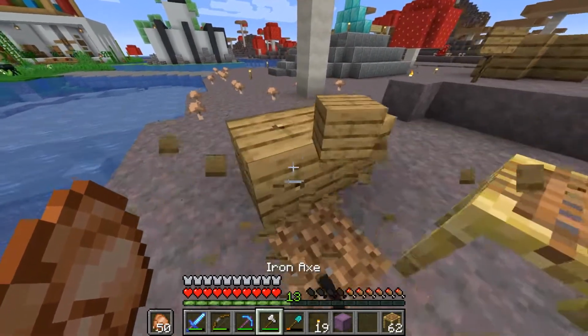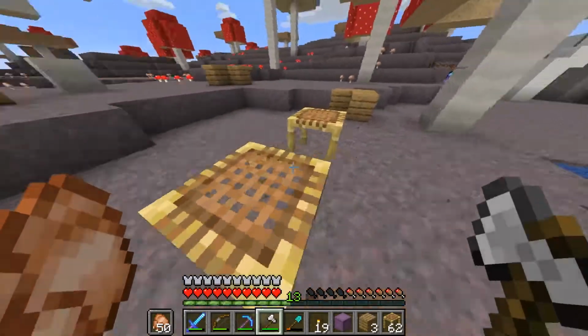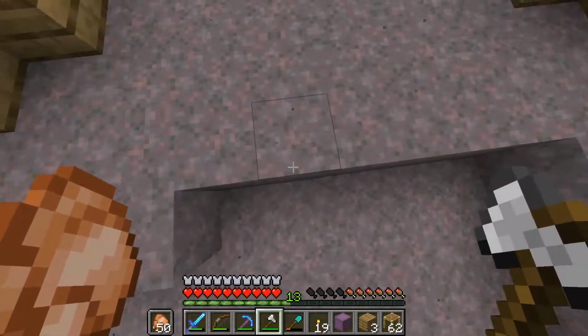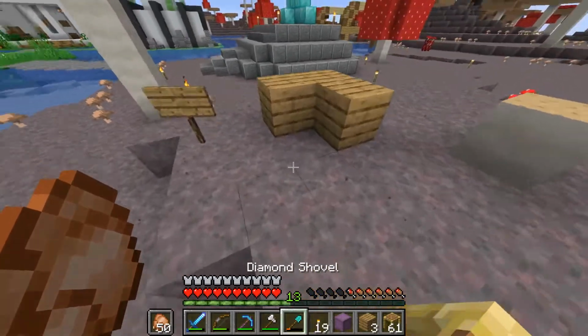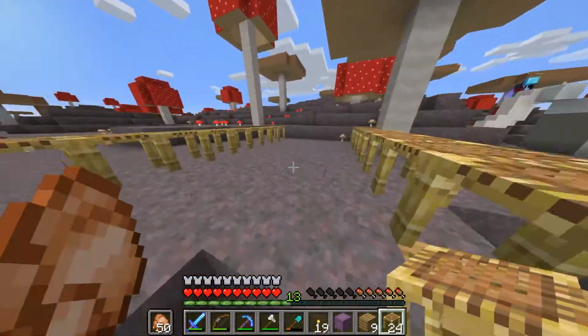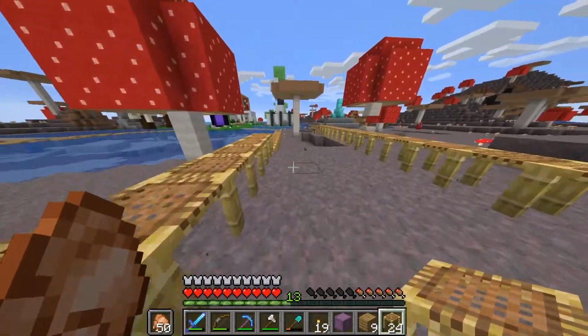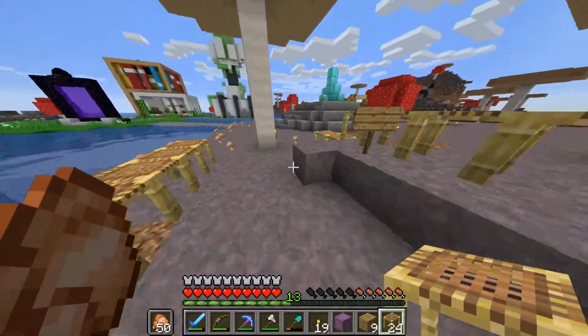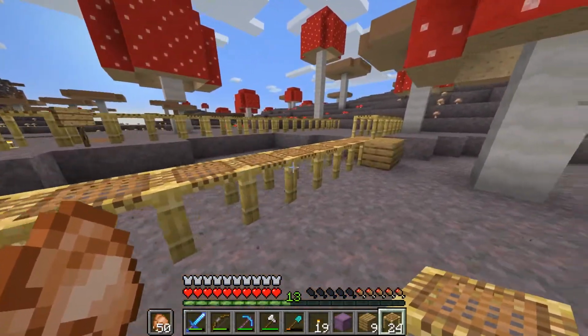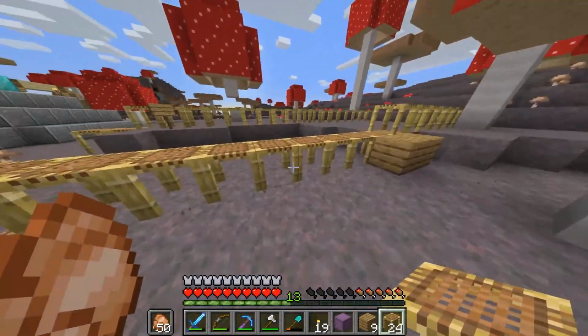So, and then right here. So this is exactly a 100 block space. Interesting. Okay, I did not expect that. So, right here,